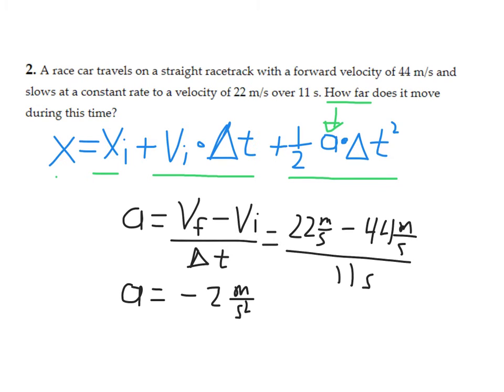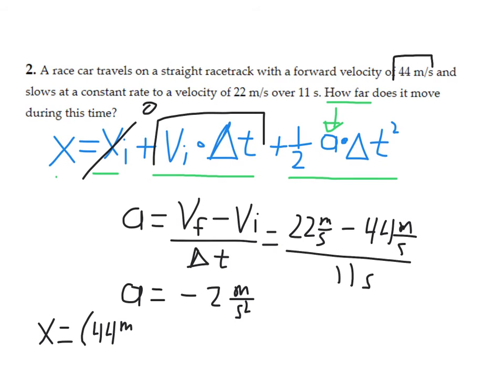The only thing here that you need to check is that we don't have an initial position. They don't talk about an initial position, so we can assume that the initial position is 0. So I can continue with the rest of the formula. x will be equal to this, that is the initial velocity times the time interval, and the initial velocity was 44 meters per second, multiplied by the time interval, that is 11 seconds,